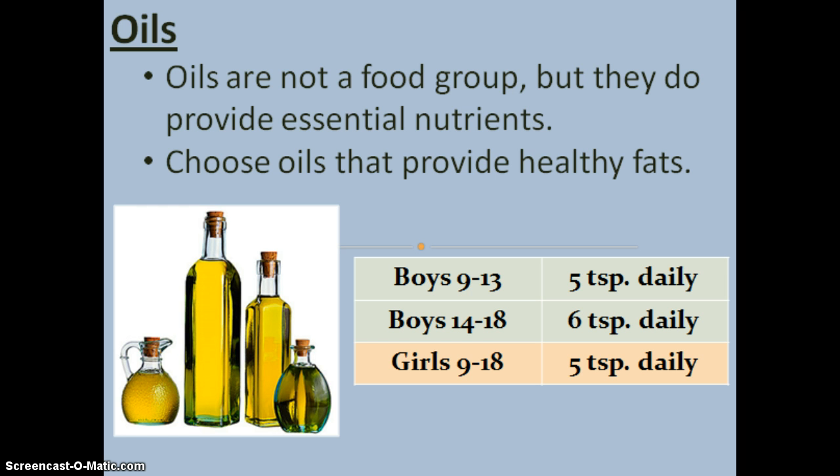Even though oils are not a food group, they do provide essential nutrients. So you should choose oils that provide healthy fats, which are the liquid oils. There are two groups: the polyunsaturated fats and the monounsaturated fats. The polyunsaturated have more chains, so they are harder for our bodies to break down. They're still better than butter and margarine, but